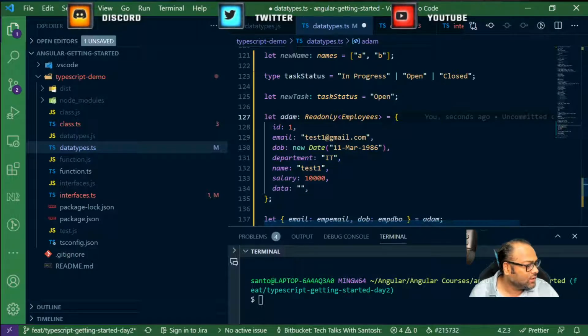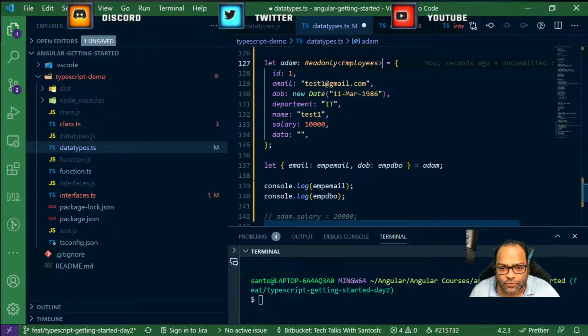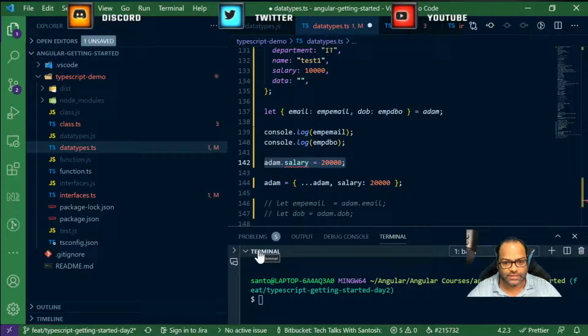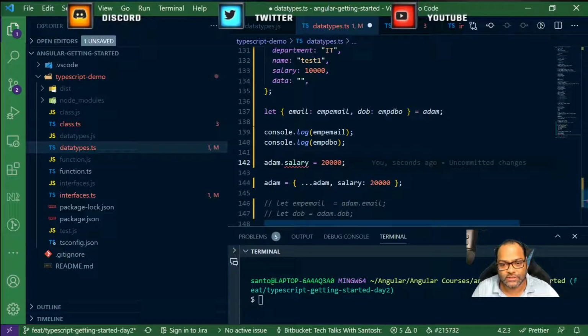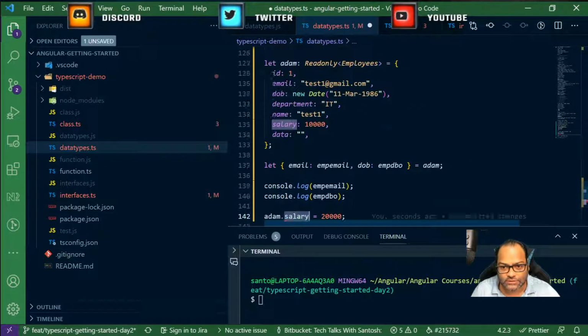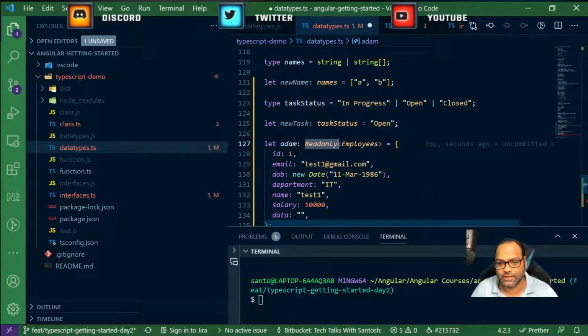So that's the idea. So in case I try to do this here, this syntax which we had used, if I try to do this, it will fail. It's because it's a read only array, a read only object right now. So I won't be able to do this. It's really helpful in case you want to enforce in your team that we shouldn't be mutating the object directly, or we shouldn't be mutating an array directly. It's useful, so you can just mark it as read only, and then no one will even accidentally be able to do this. So yeah, you can also use read only.